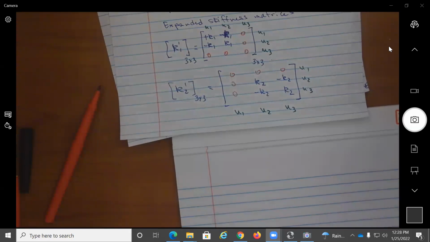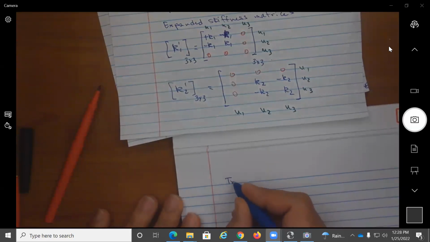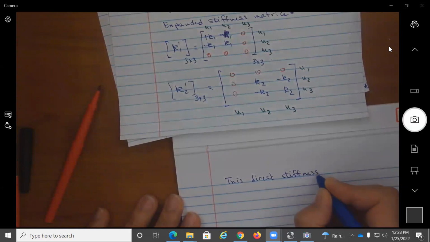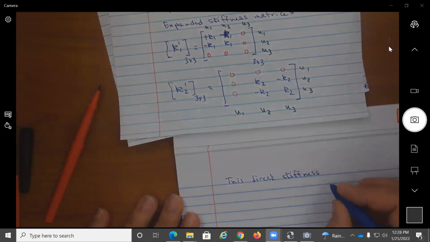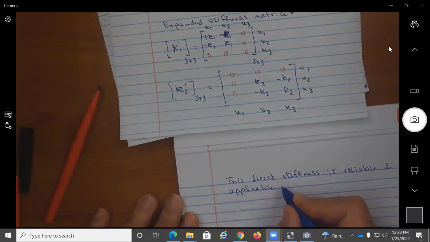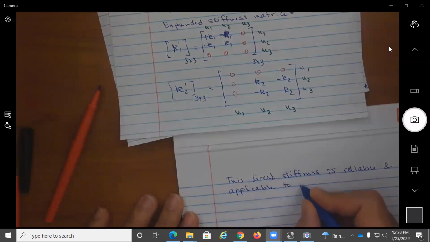I'm going to even add: this direct stiffness method is reliable and applicable to problems with large numbers of degrees of freedom